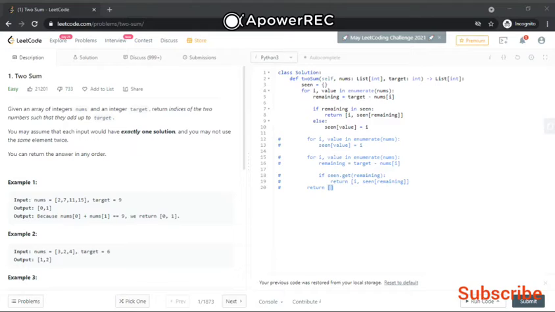This question is from LeetCode. I have already done the coding because I don't want to waste your time. I will be explaining the code so that you can learn the logic behind it. There are two approaches which I have taken so far. The first approach is very straightforward, but I will tell you the pros and cons of each approach. So let's get started.